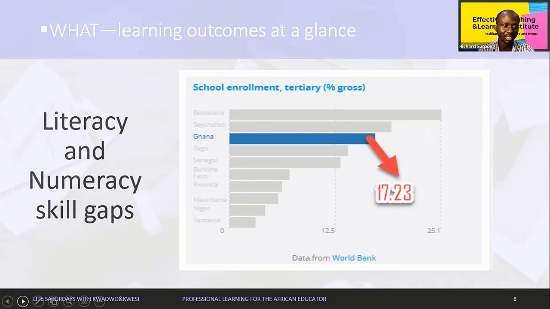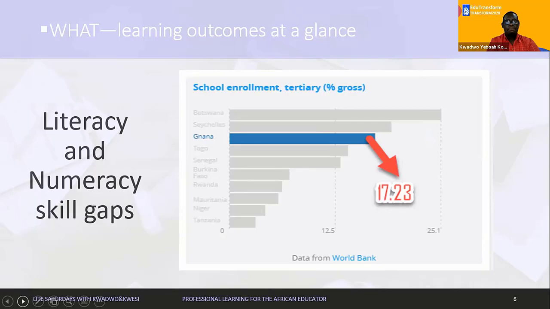And like I said, the government indicated, I think in the State of the Nation address, that they want to push this to about 40% in terms of gross tertiary enrollment ratio. So this tells you that the literacy and numeracy gaps that start early in the school life of a child are one bigger challenge that really accounts for students in our nation not making the required or desirable progress